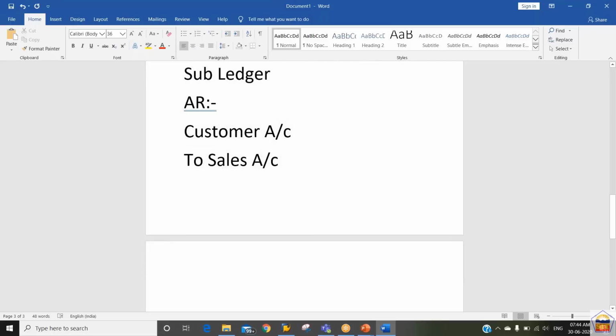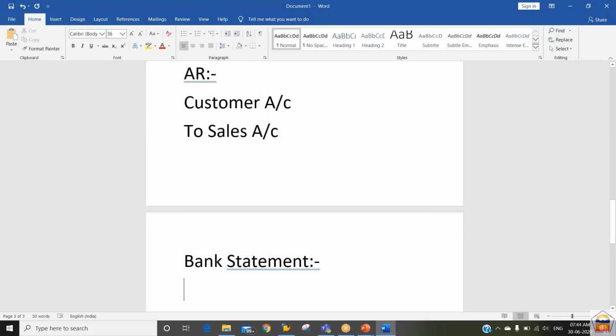Now it is saying that once again we have received a statement from the bank. So the bank is saying that now your check which you have deposited for the X customer got cleared. Now what we will be doing after getting that information or confirmation in the bank statement,